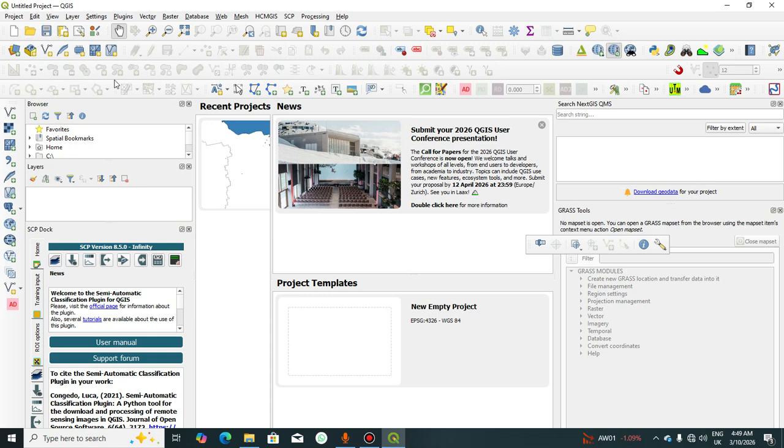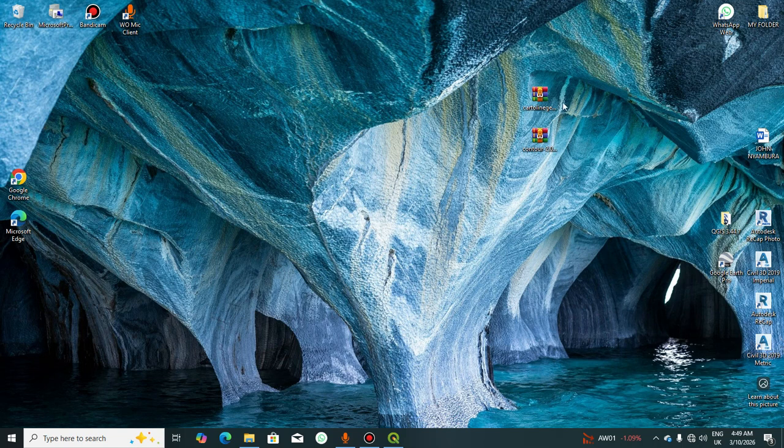I want to be very precise and fast on that particular issue, and I believe that it will be of help to you. Now, the plugins that I want us to install into the QGIS software, as you can see on my screen, are in zip files. I know you might be wondering where I have gotten these